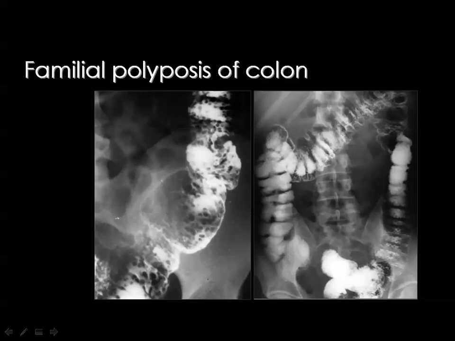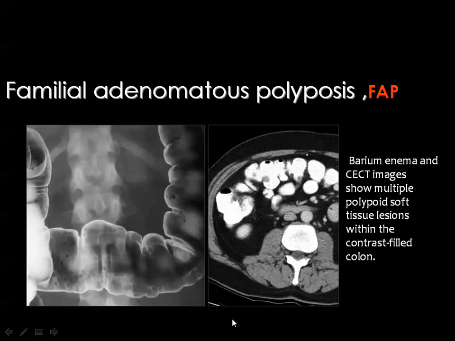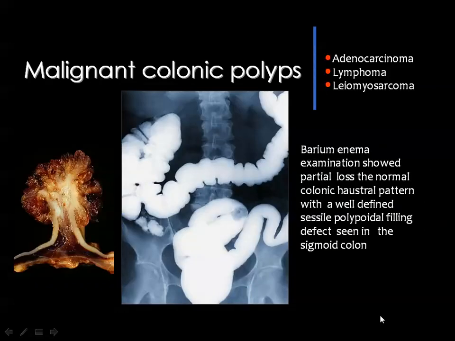As I have said, whenever you see many polyps in the colon, you should have the help of endoscope to verify the nature of these polyps. And this is the case of familial polyposis. You see by barium enema, and you see by CT scan the presence of polyps in the colon. Then we come to the